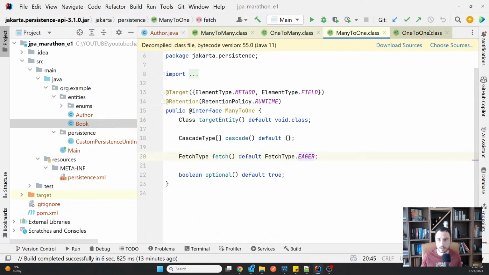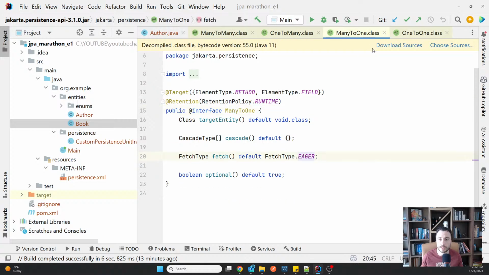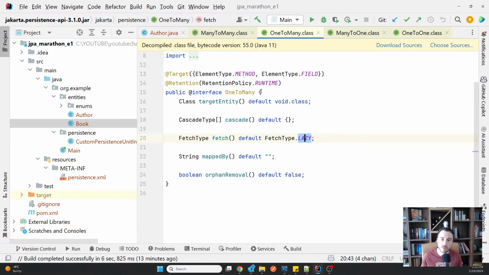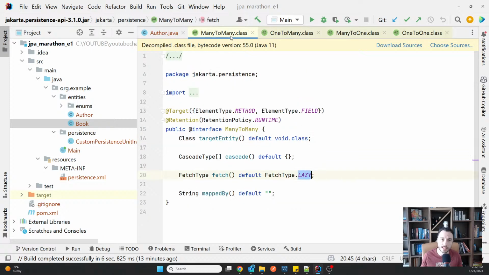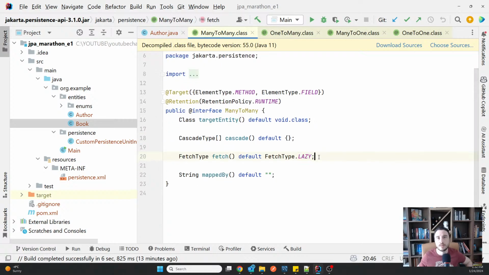Okay? Because one-to-one and many-to-one are both annotations that are put on non-collections, on basic objects. So basic objects are eagerly retrieved. But everything that is a collection, everything that ends in many, is lazy. It's on purpose, and it's very smart that it has been designed like that. It allows the developer to decide, hey, I know what I'm doing, I want to retrieve all those values, but by default it doesn't do that.